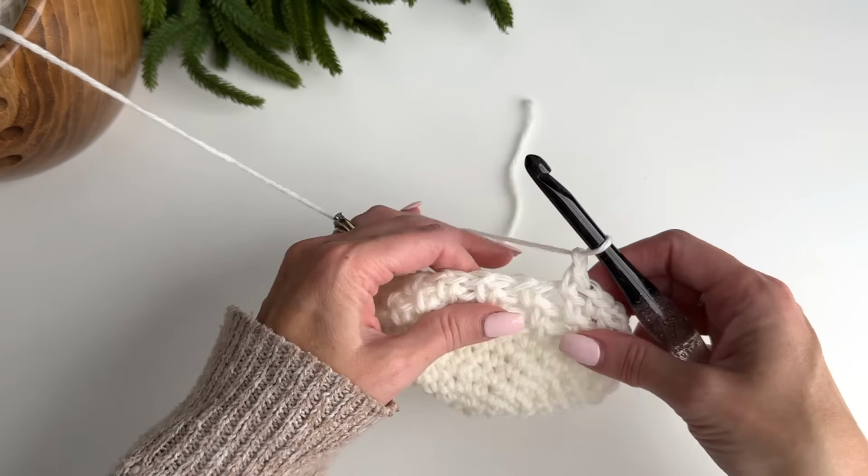So this is how the foot is looking at this point. Now what we want to do is work around the opening, and I want to join again back at the center because I want all of our joins to go along the edge so you're not noticing them, and the stocking is going to look good on either side. So it doesn't matter the way you hang it, you're not going to see any seams. So we're going to join back,